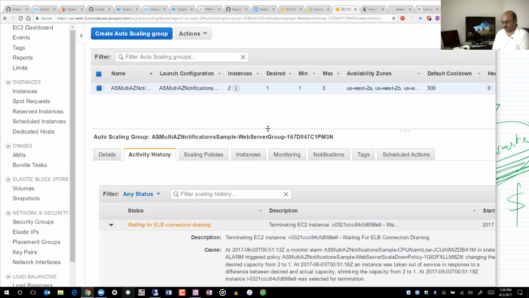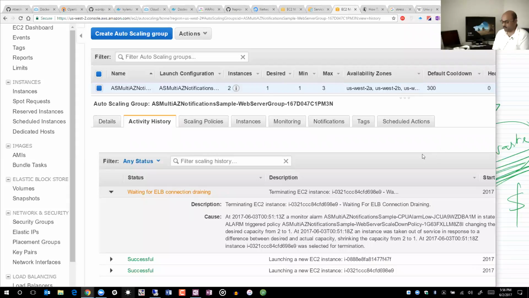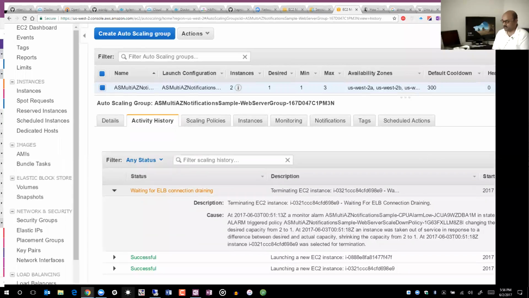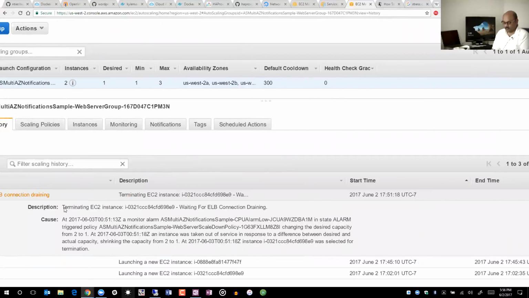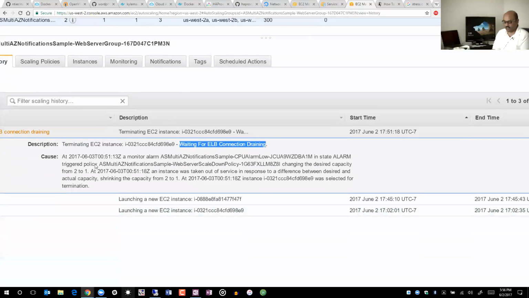So it's waiting for something to happen because the alarm is triggered. So alarm triggered, what does that mean? It says terminating EC2 instance, waiting for ELB connection draining. Let's go read the cause. The cause is